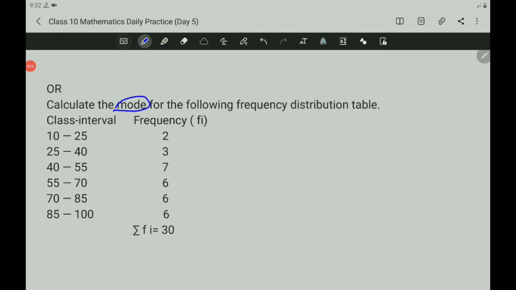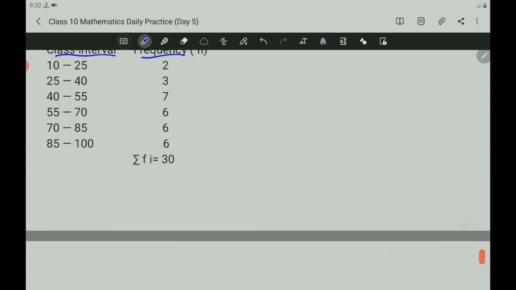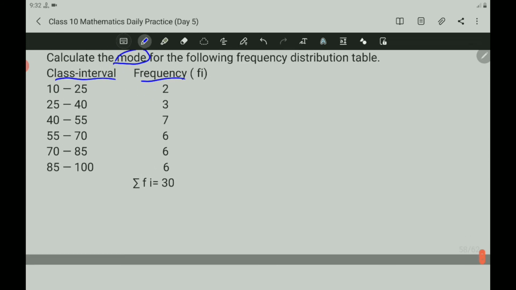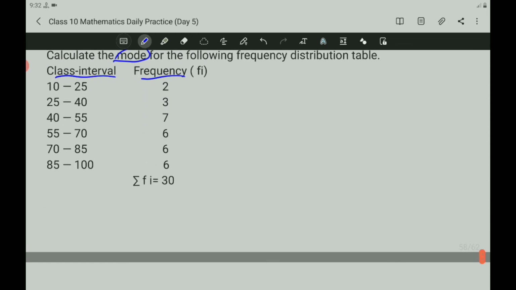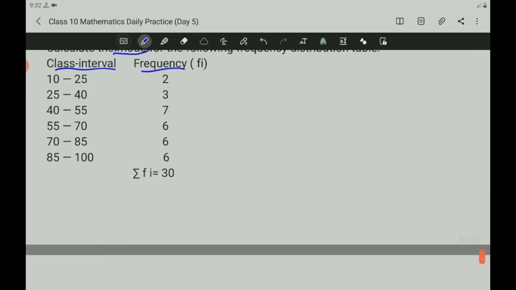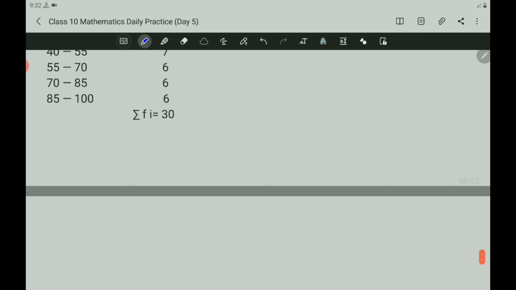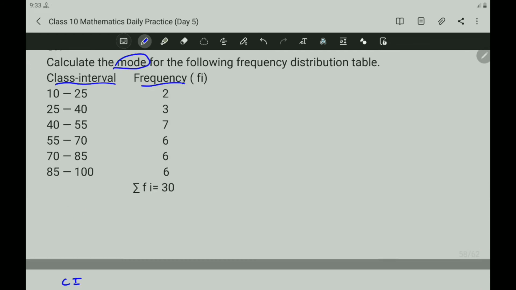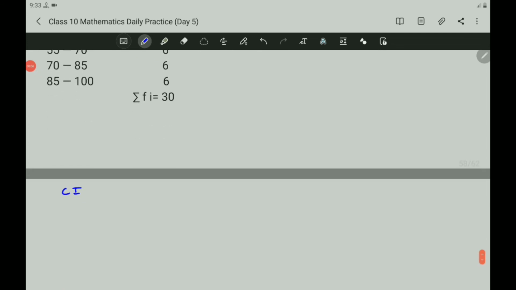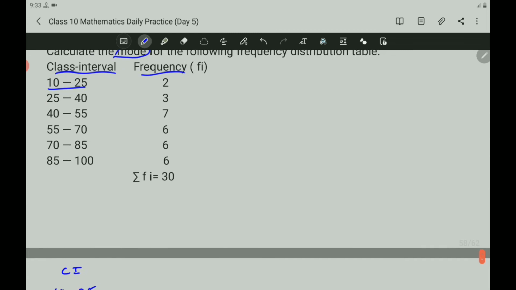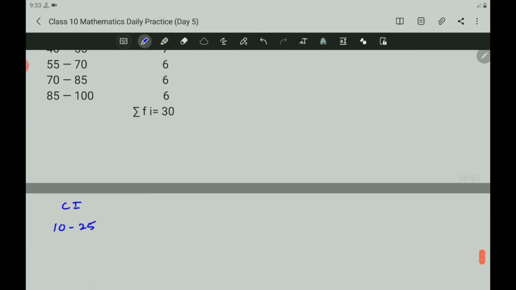Calculate the mode of the following frequency distribution table. Class interval and frequency are given. Now let us take down the class interval and frequency once again. So write the class interval 10 to 25. So you take first 10 to 25, 25 to 40,